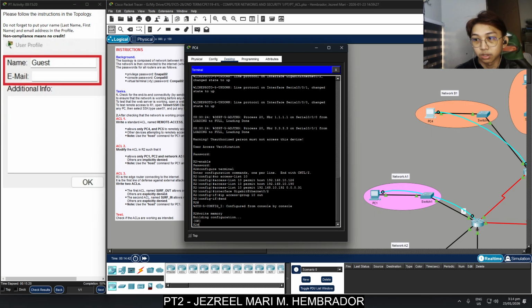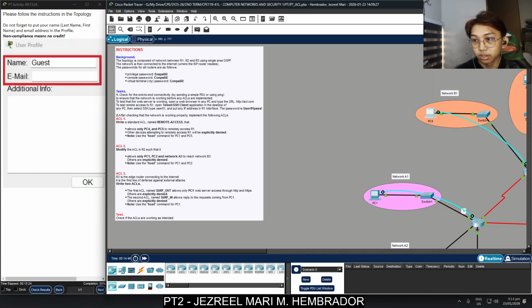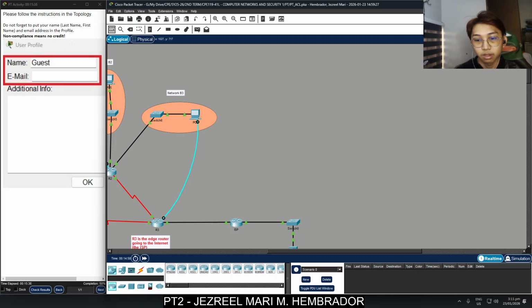Finally, we're going to Router 3. I need to secure the internet connection. I will create an extended ACL named surf_out to allow PC1 to send HTTP and HTTPS traffic.